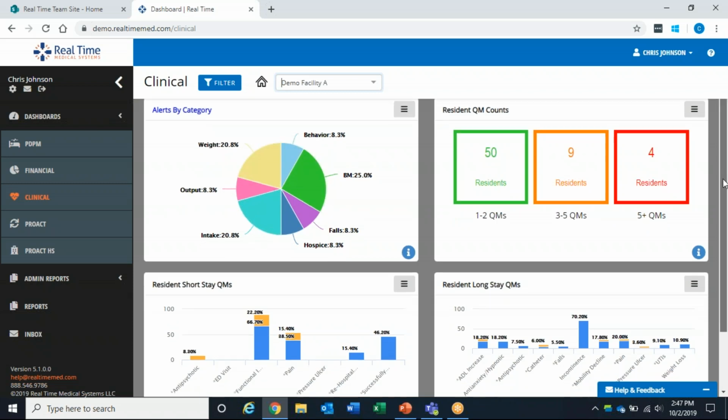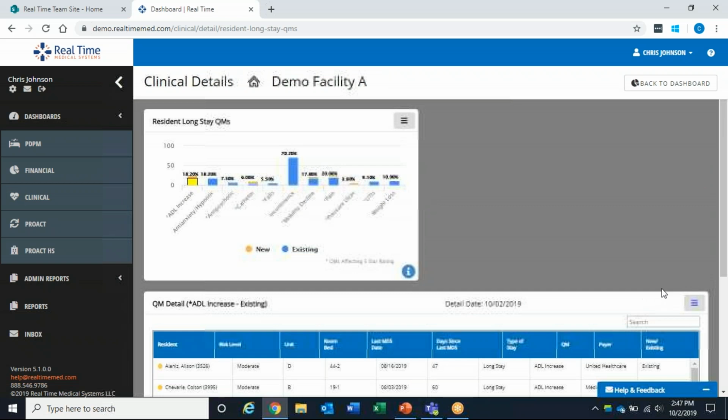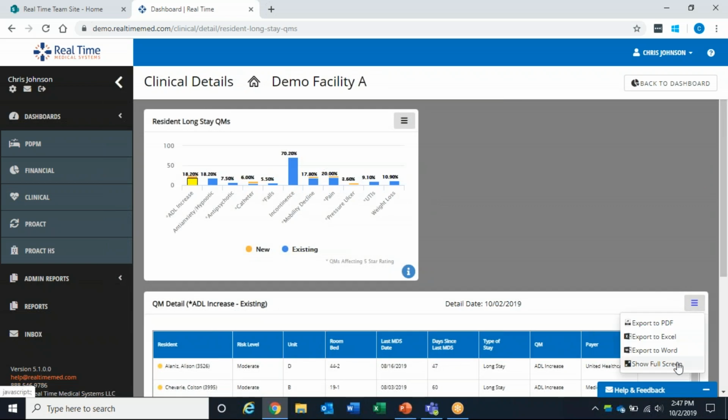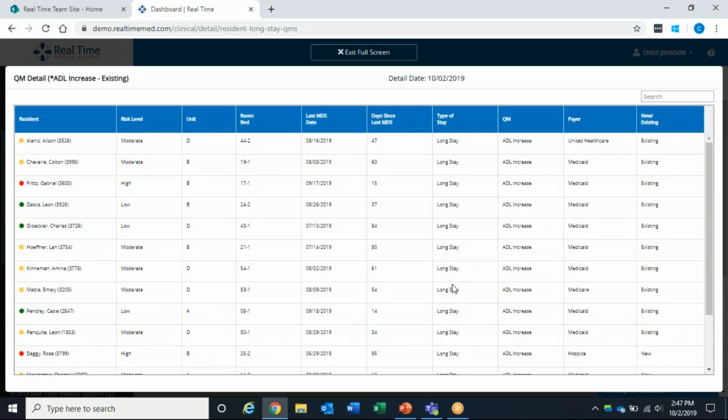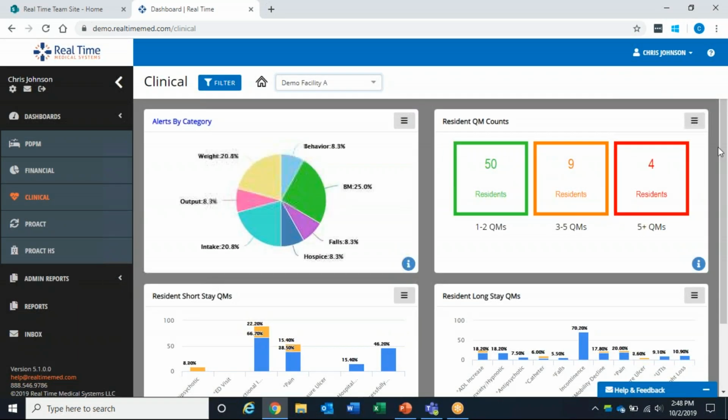We have real-time quality measures, which is basically us doing an MDS every day from a QM point of view. You can click on any quality measure and drill down into the resident-specific details. These are coming live out of your charting during the last 2 weeks. These are not MDS QMs. This is live out of your chart. You can sort them by when the last MDS was done. You can choose which residents have an MDS coming up soon and plan to see those people in as timely